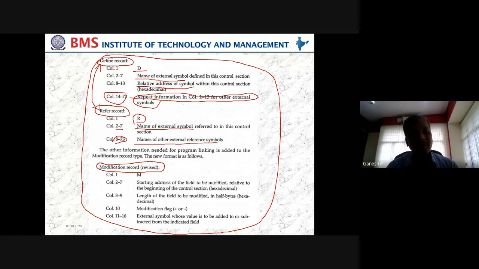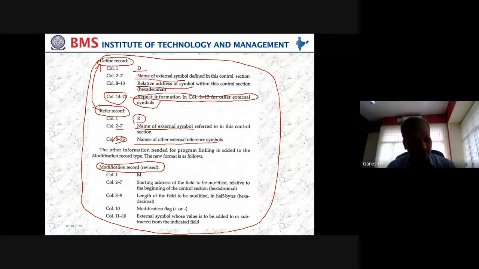Why a revised modification record? Because, for example, I might have used buffend minus buffer, which we have just now seen. We don't know where buffend will be, and we don't know where buffer will be, because they will be loaded elsewhere in the system. We will not have any idea what their address is. So we need to be careful with plus and minus, buffend minus buffer, plus buffend, all these things we have used in the program. We should deal with such things because they will be independently loaded wherever memory is possible at different points of time. If that is the case, we should be extending or revising the existing modification record.